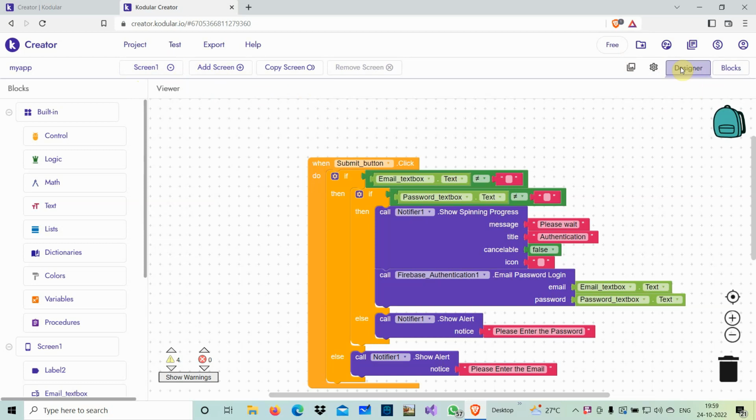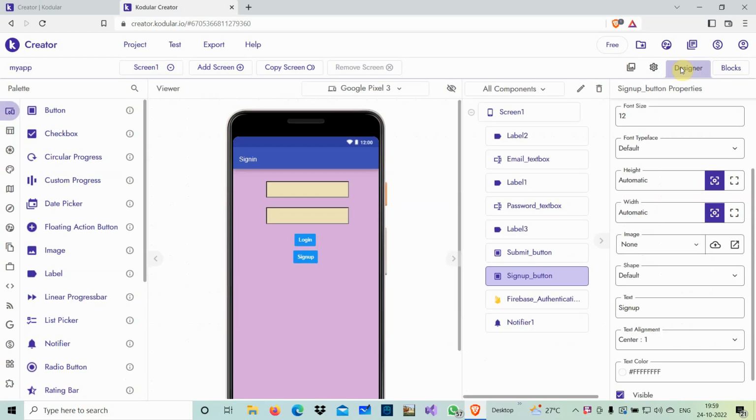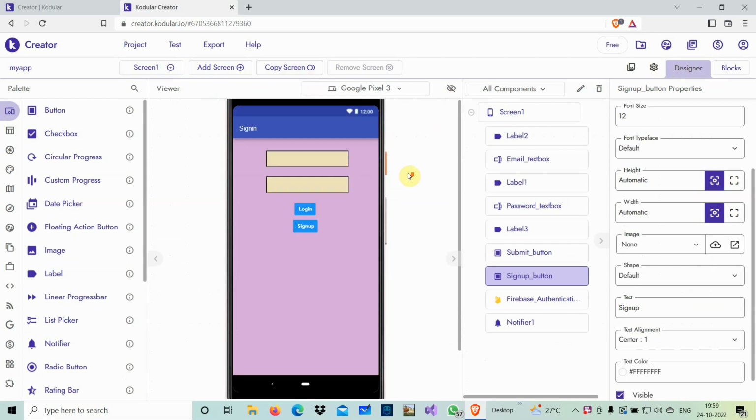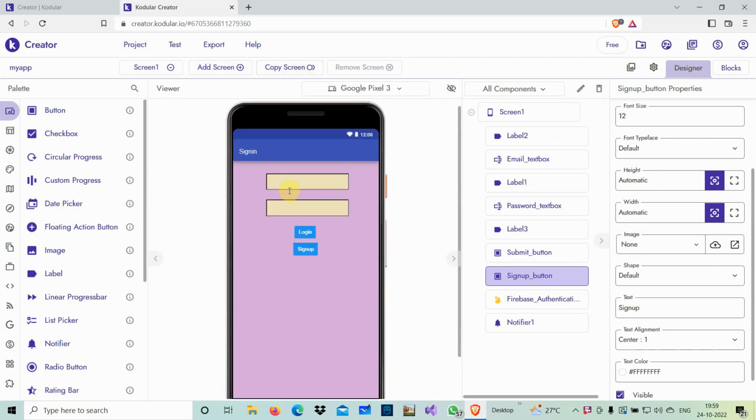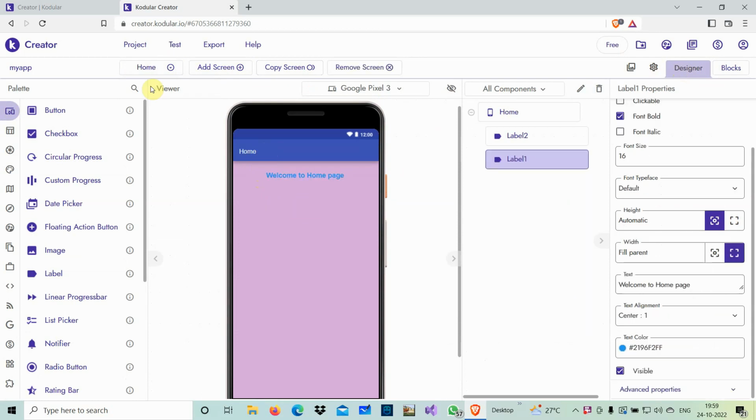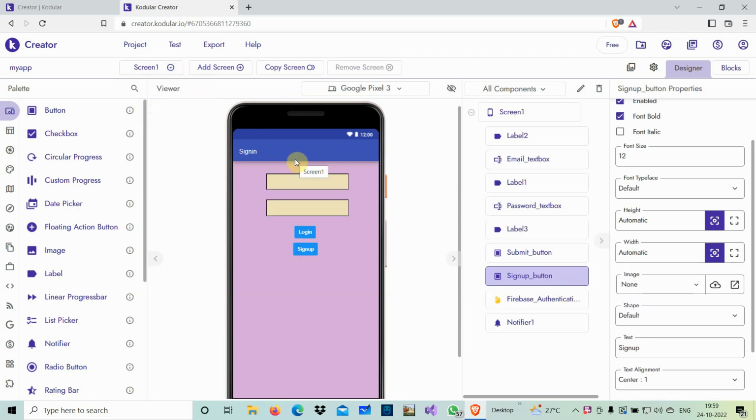In our last video, I showed you how to create an app. The name of our app is just like my app. Here we have created two screens. One is the sign in and the second one is the home screen. If you remember, it was the home screen, right? In the first screen, which is screen 1 by default, we have two